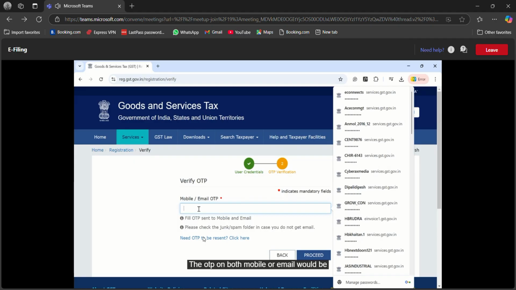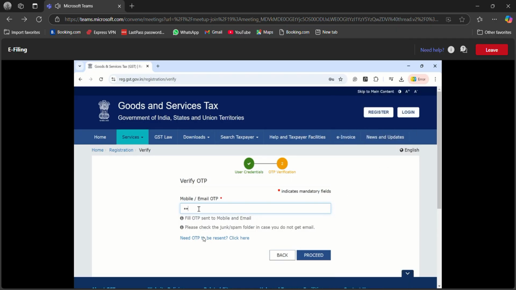From now on, the OTP on both mobile and email will be the same. Earlier, the OTP on mobile and email was different. That means once it was verified, yes, this is your mobile number, this is your email address. For that verification purpose, they send different OTPs on different platforms. Once it is confirmed at the time of that application, then from now on the OTP